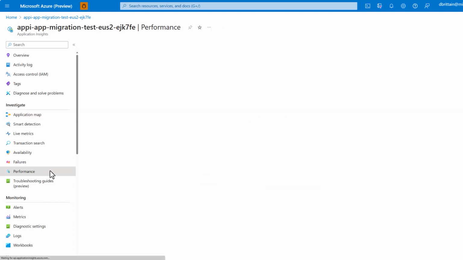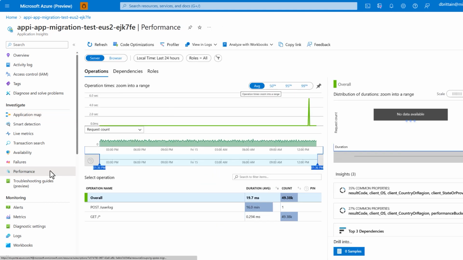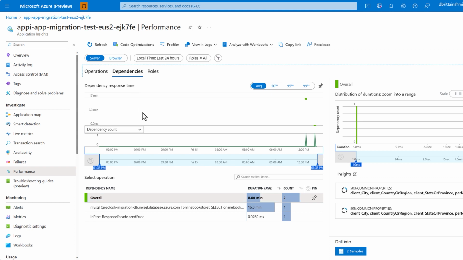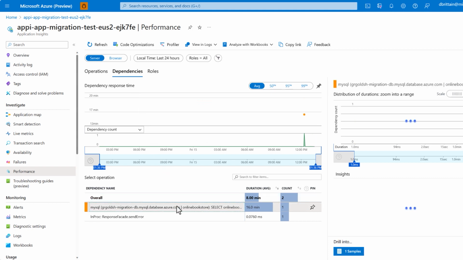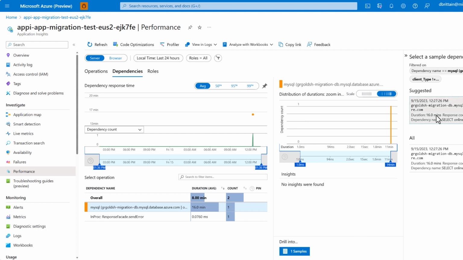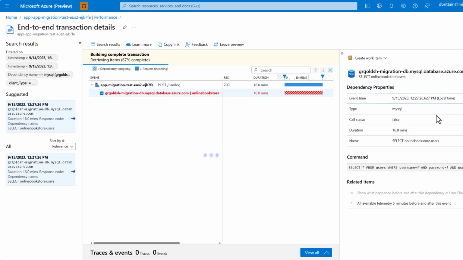Looking at the performance blade now, we can see all of our app operations. And just like our application map, we switch to dependencies. We can see our database interactions where we can even drill into logs directly to troubleshoot problems and view end-to-end database transactions. Drilling directly into this database log allows us to see our transaction and view the exact SQL query